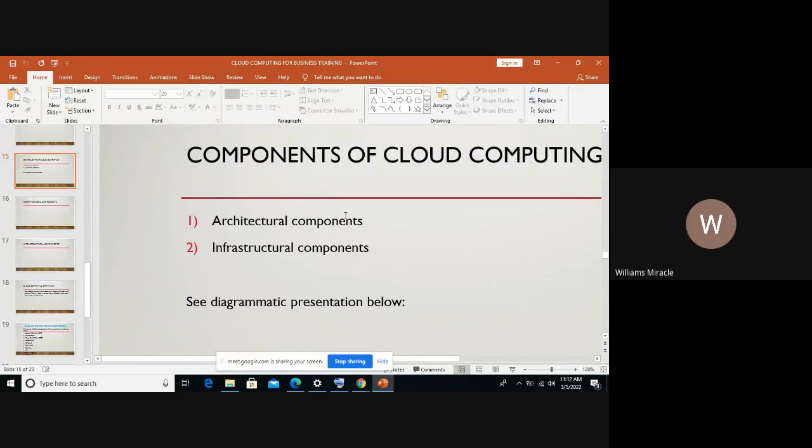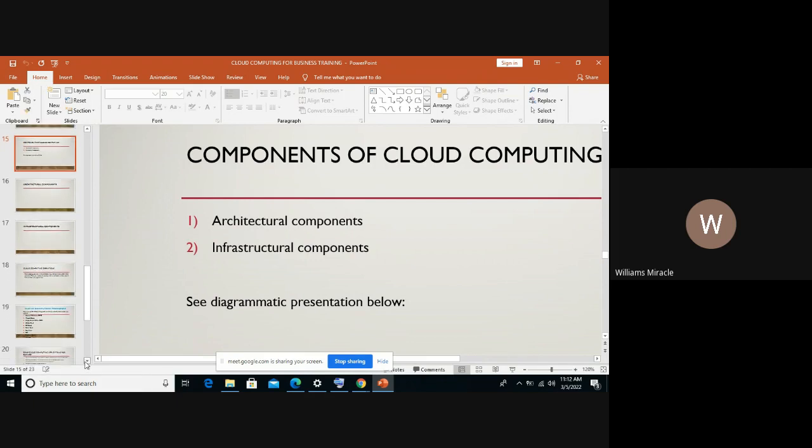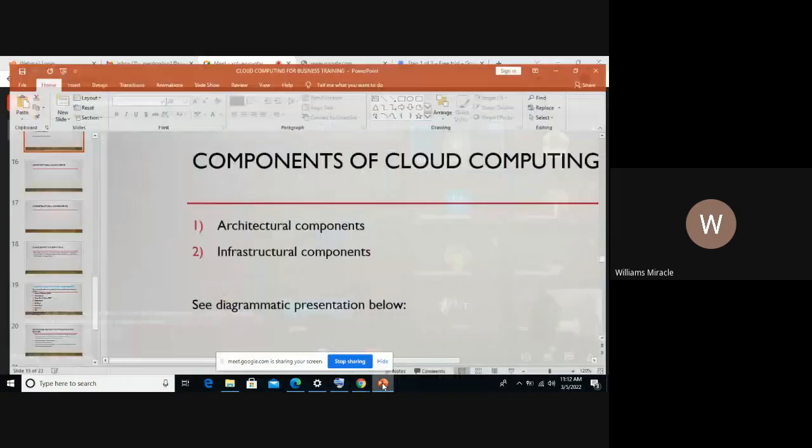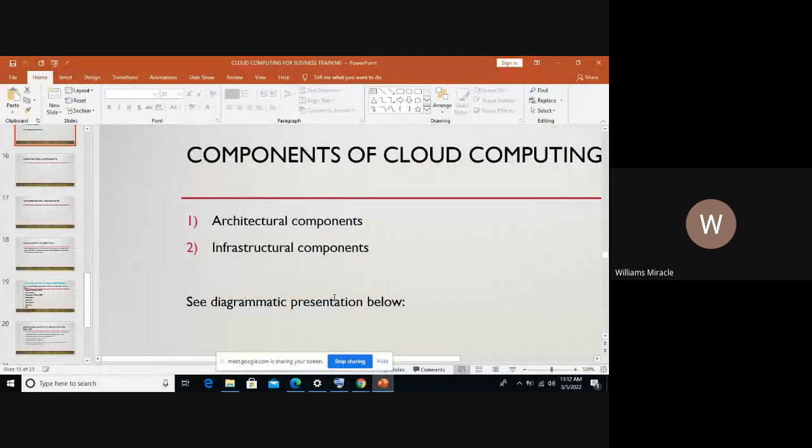Okay, so for the components, we have the architectural components. There are two, and we have the infrastructural components. Are you following? Yes, sir. Okay. I said we have the architectural components and we have the infrastructural components. Now, it should not be too much grammar for you not to understand.